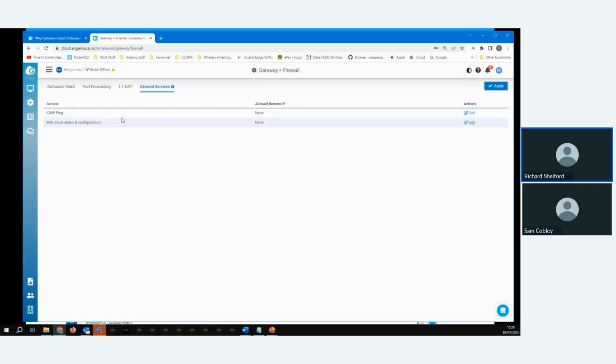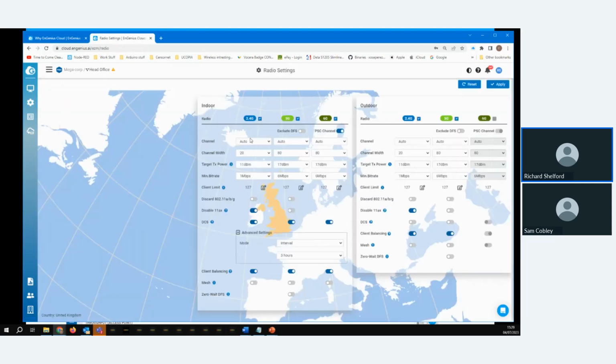So that's all the gateway side. Nice and simple. When we get to the access points, we have two simple bits of configuration. I'm going to start first of all with the radio configuration. The radio configuration is the default settings that get applied to the environment. So for an indoor access point, we want to use